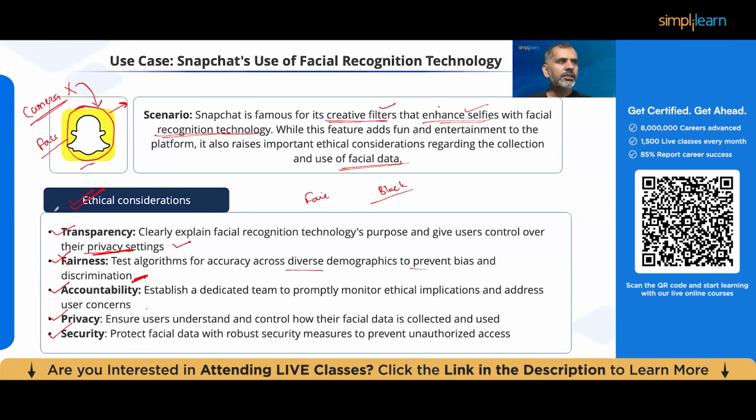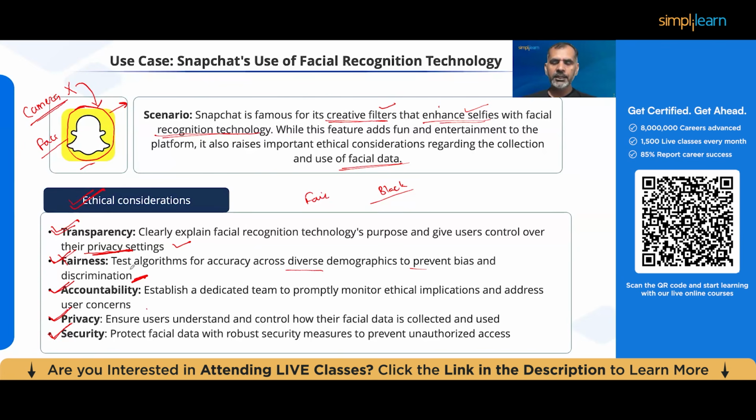So these are some standard practices we listed on the previous slide. We have to maintain transparency while collecting the data. We have to use the data with full fairness. If you are using any algorithm behind the application, that algorithm should use the data with full fairness. There should be a point of contact who is accountable for any kind of issue raised by customers or any data breach that happened. The data should be collected in a completely private manner with user consent, and when collected, should be safeguarded with proper security measures so any unauthorized user cannot access the data. I hope we are clear with all these points, guys.